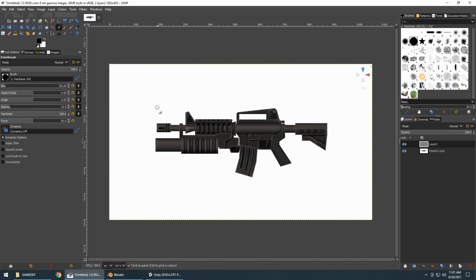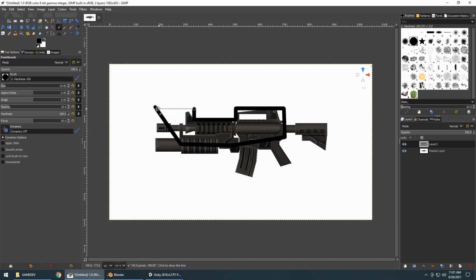So I know that I want to have a sort of a casing over it. If you hold Control and Shift together, you'll get straight lines in GIMP. So I'm going to make a sort of a casing to go around my gun here. Let's do this and do this. We want to keep it about the same height as the existing weapon. And I'm just going to actually do this here